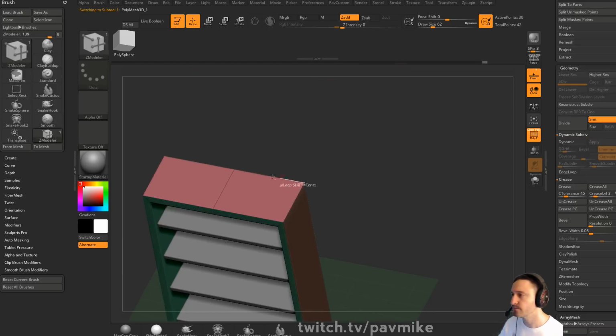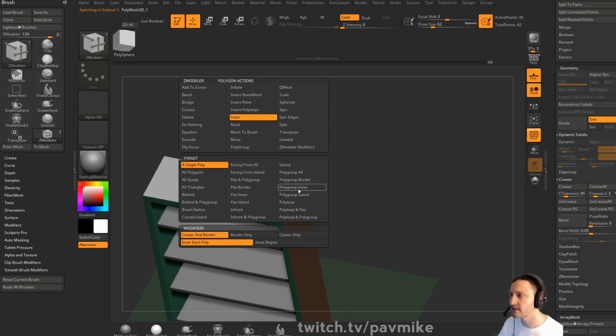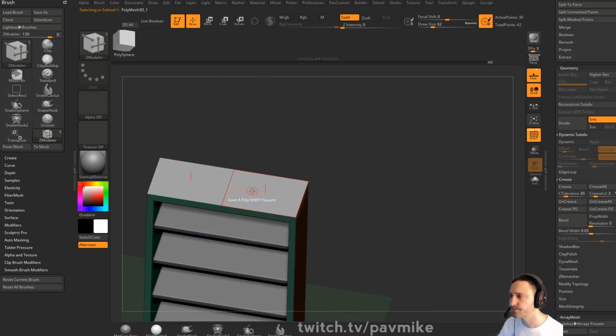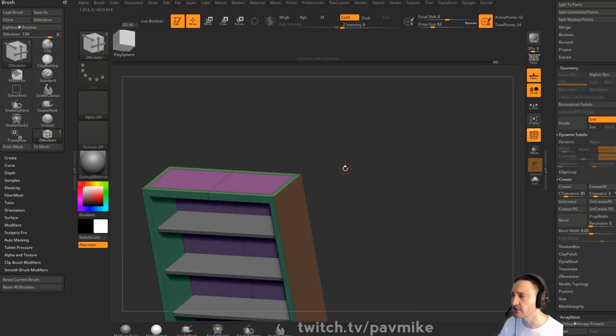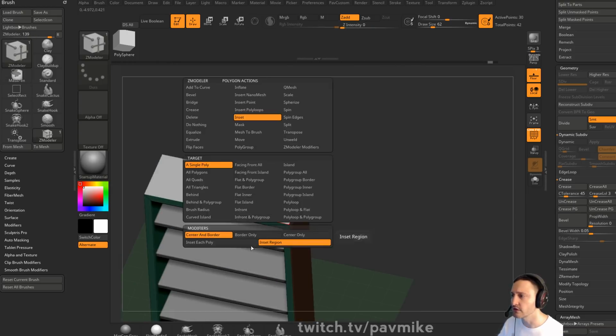How come inset on a rectangular face makes the side and top planks of different thickness? That's kind of a known issue, I think. So for example, if we go in here and say we want to inset this polygroup ball, and then we want to do a region, so we get both of these, we are getting different thicknesses sometimes around here, especially on just a square object. So in this case, if we don't do a region,